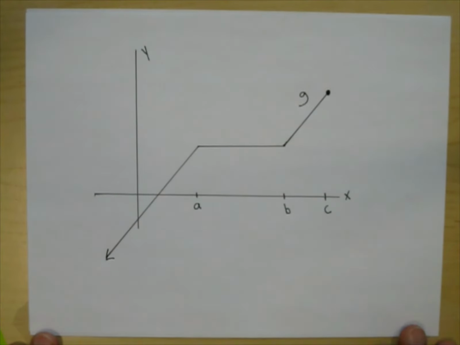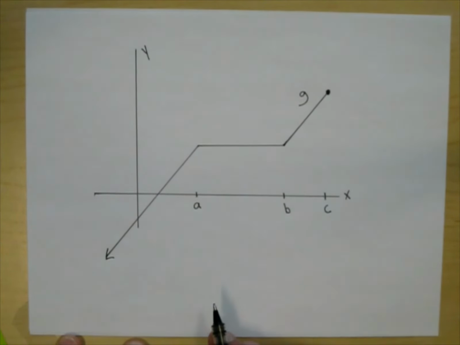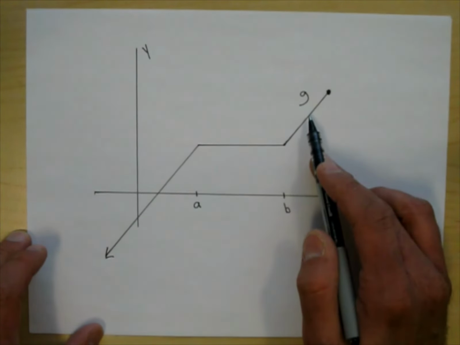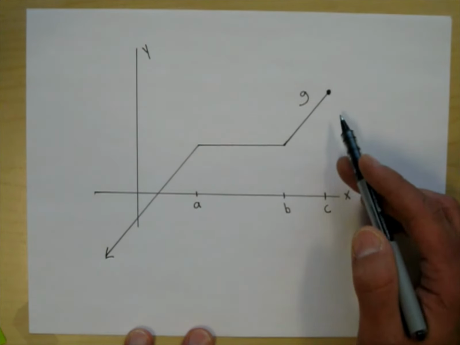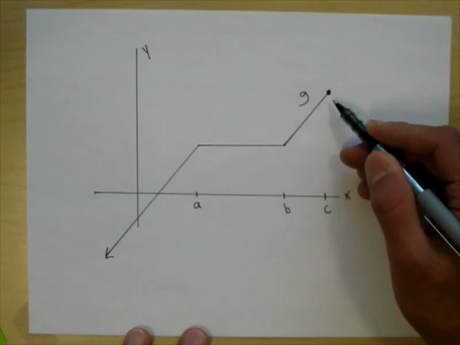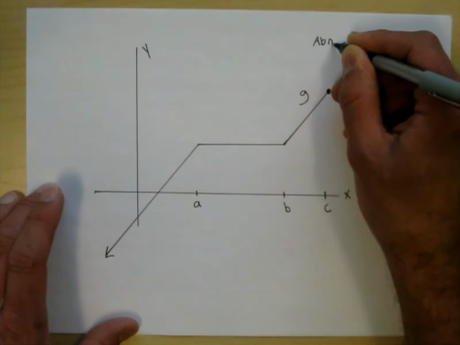For some of you, you might want to skip over this example here. I have to tell you why I whited out the horizontal line. You're not going to have anything this complicated in your homework, but it's worth seeing if you're interested in math. So this graph here, we call it G, has an absolute max at c. I'll write that: absolute max